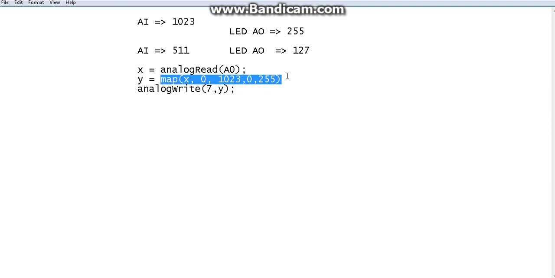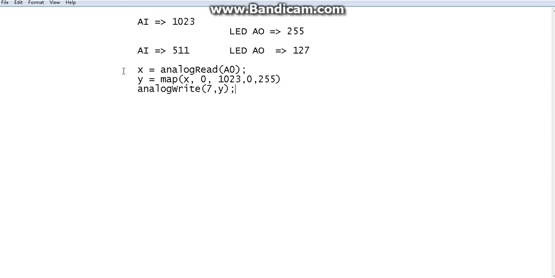Otherwise you can check the return type of the map function and find out by yourself. Anyway, it will return a number, hopefully an integer value. That number will be in the range of 0 to 255, the respective value returned as y, and then we can pass it as the output of the analog write.